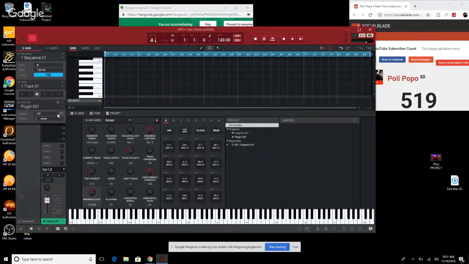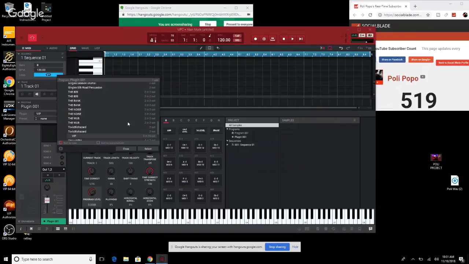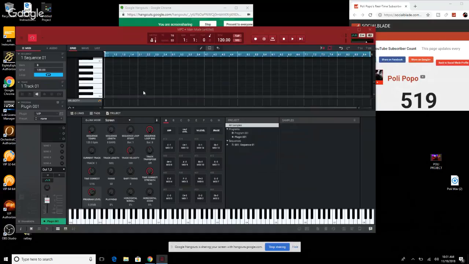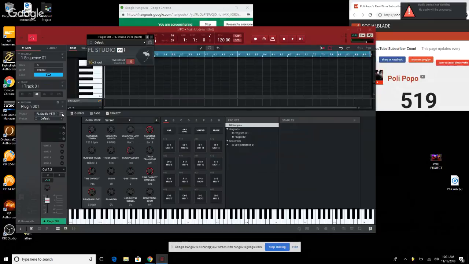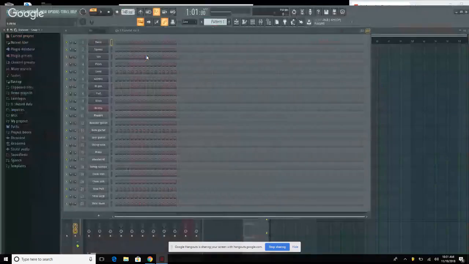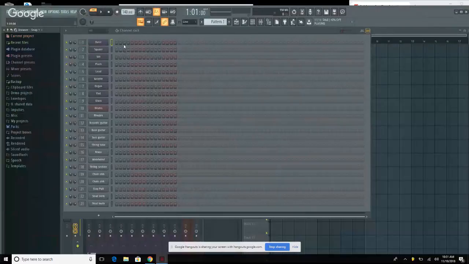So I showed you VIP. Let's say you want Fruity Loops. When you open this thing up, 32 out, right? Open this up. That's a stock. It gives you straight up 23